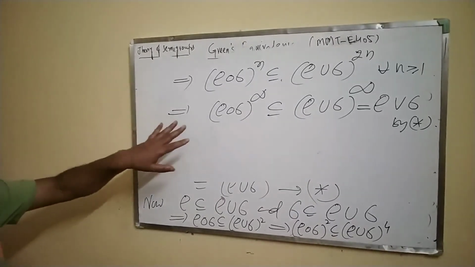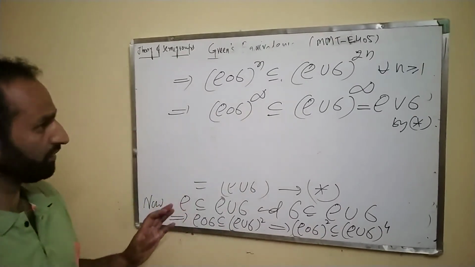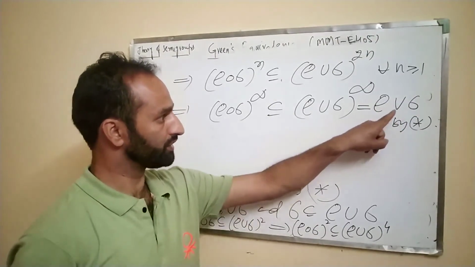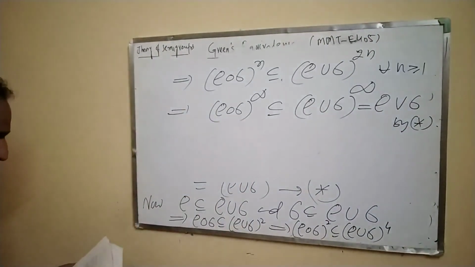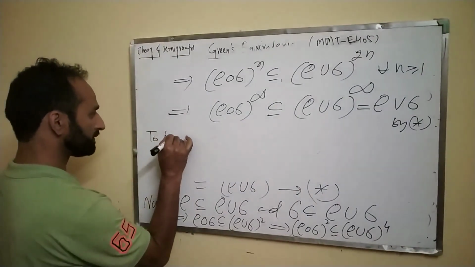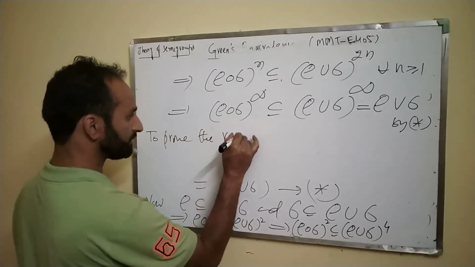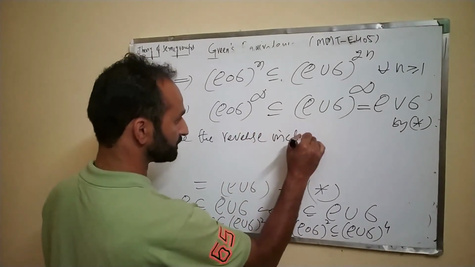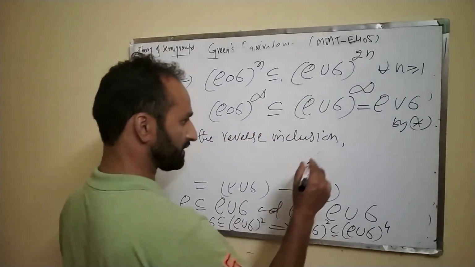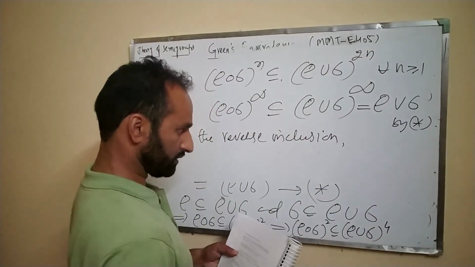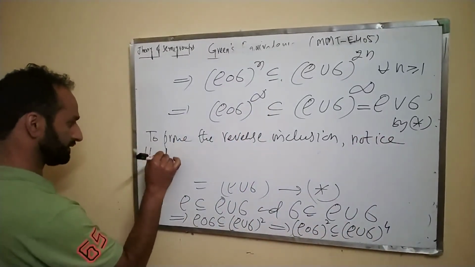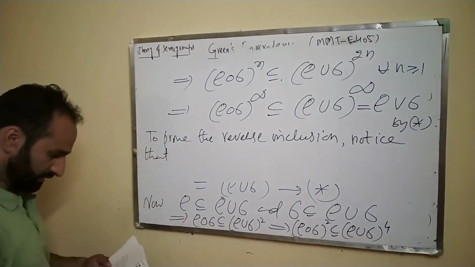So this is the one inclusion. Now we prove the reverse inclusion. We need to show that rho join sigma is a subset of rho composition sigma power infinity. To prove the reverse inclusion, we see that, note that this is a rho